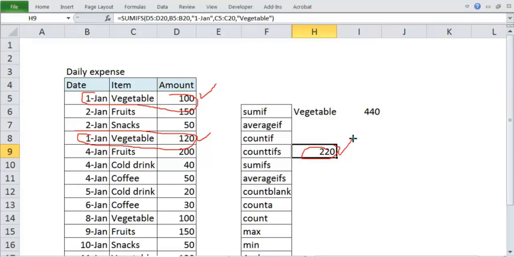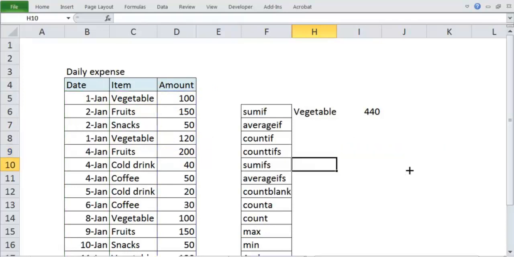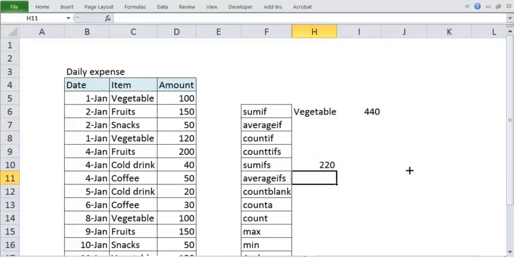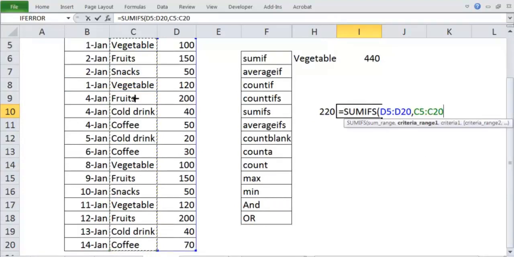SUMIFS will always be an AND condition over multiple columns. So that is the idea. When you are saying IFS, it is multiple conditions across columns, not on the same column. If you say give me the SUMIFS, then this is your sum range, and the first criteria is that this item is vegetable.